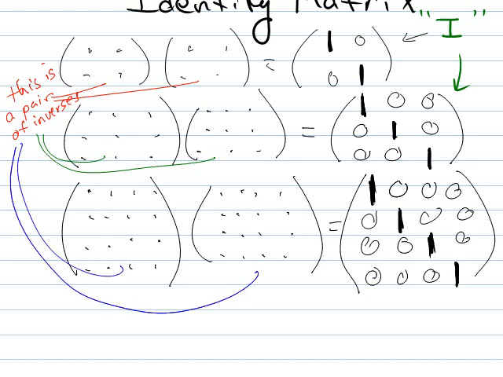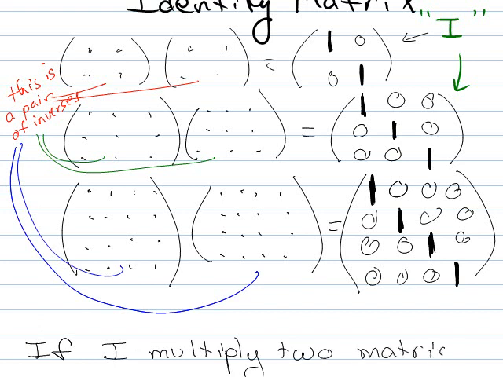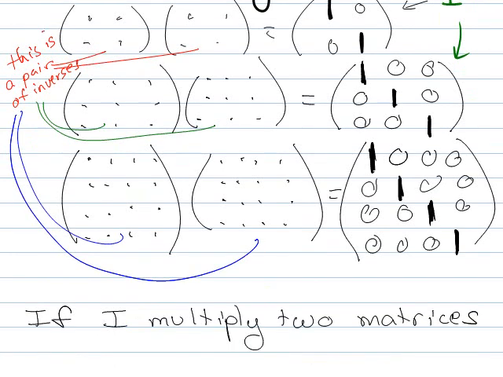If I multiply two matrices together and get the identity matrix, that means that they're inverses of each other. So I'm going to write that out. If I multiply two matrices together, and I get the identity matrix,